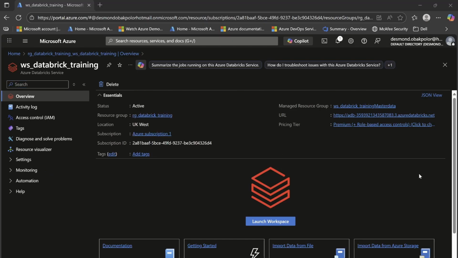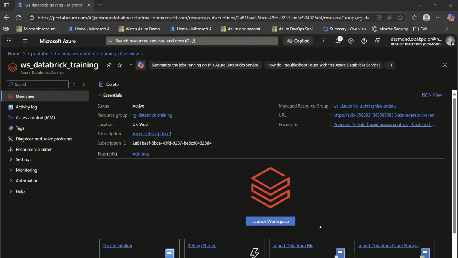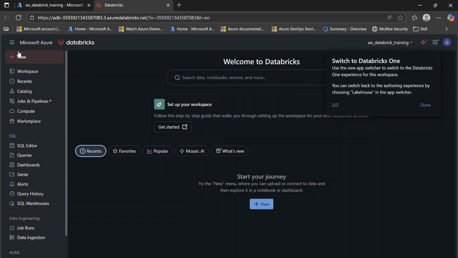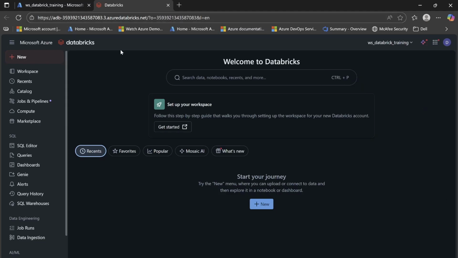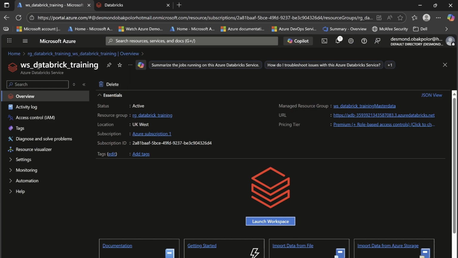Now we are here, and as you can see, we have the Databricks icon and we have launch workspace. Click launch workspace. This will take us to Databricks, introducing Databricks 1. So let's just cancel that. And this is the Databricks homepage. I'm going to go into this in a little bit, but first we need to provision and create